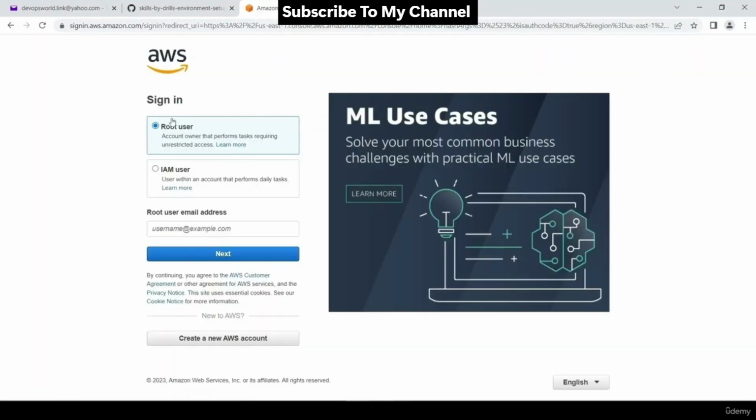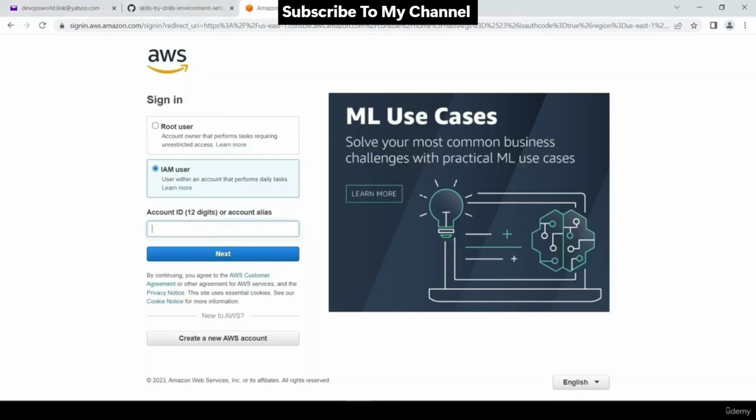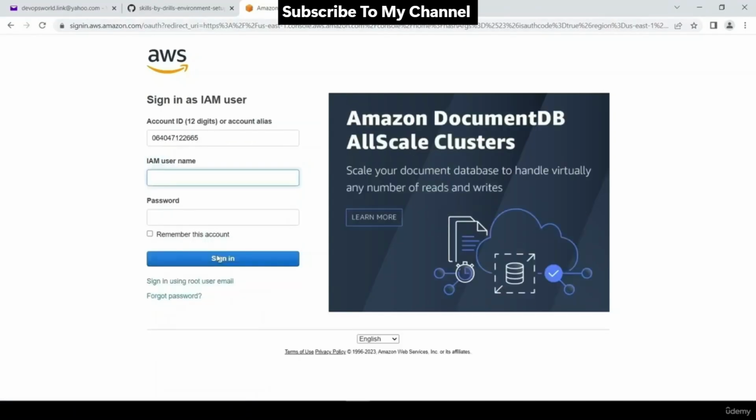This time we will be logging in under an IAM user. Enter an account ID, and then click Next. Here you have to type in the username, it is test user,